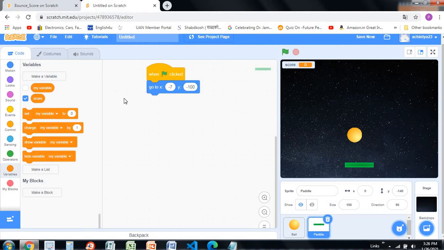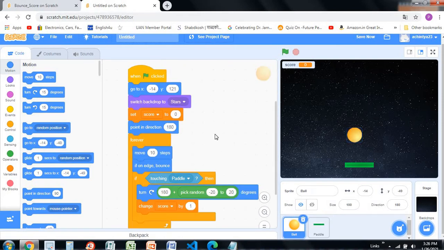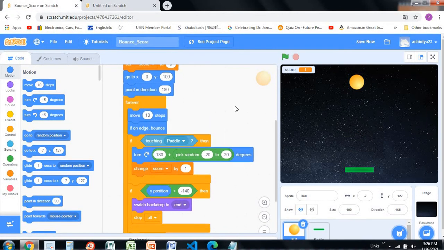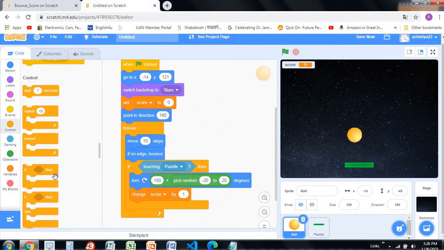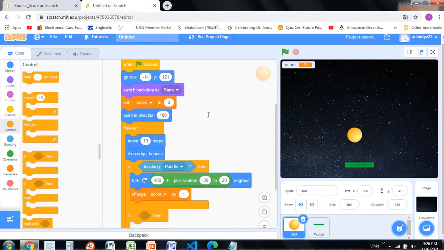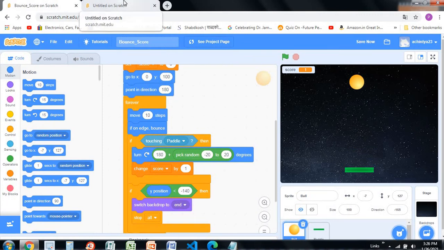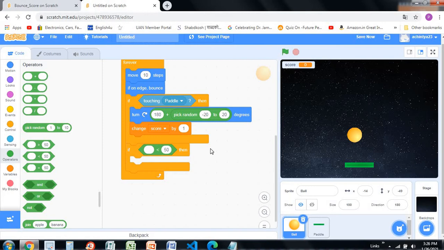Yeah, like this. Delete this block, go in the motions and drag and drop this block over here. Yeah, like this. So now the ball code further. If y position is greater than minus 140, again go to the controls, drag and drop an if condition. If, go here, if greater than 50, and okay, we are going to make it this block. If greater than,